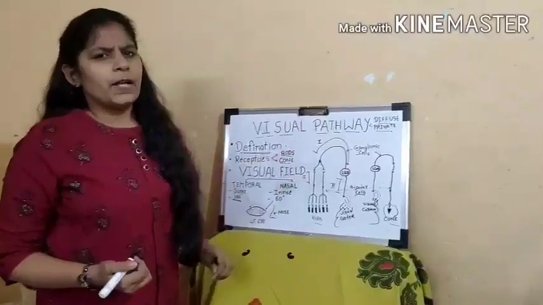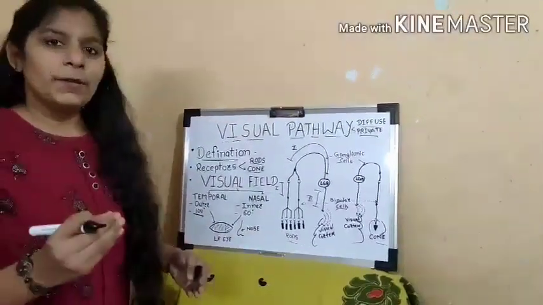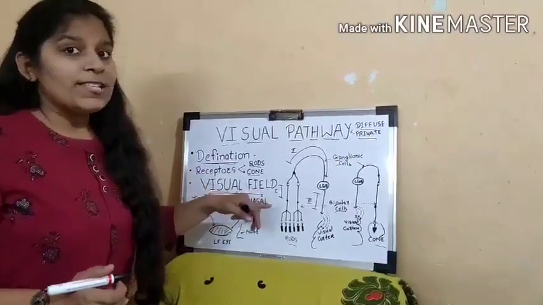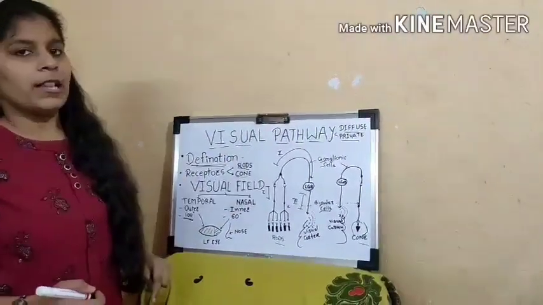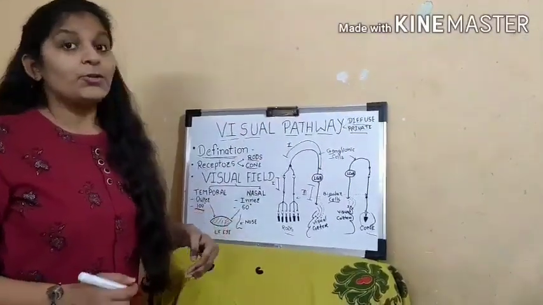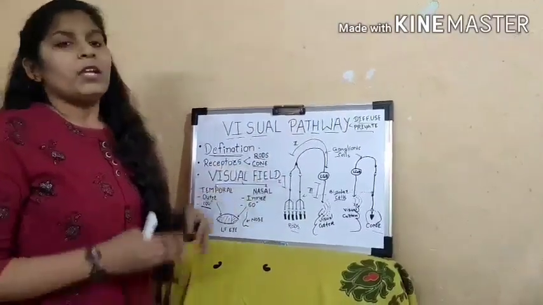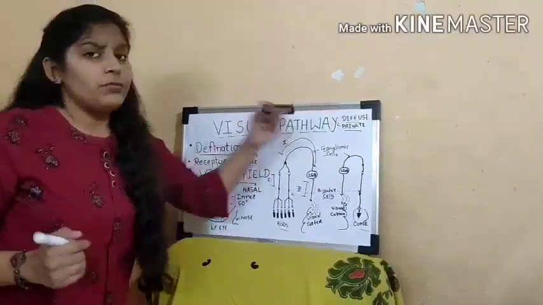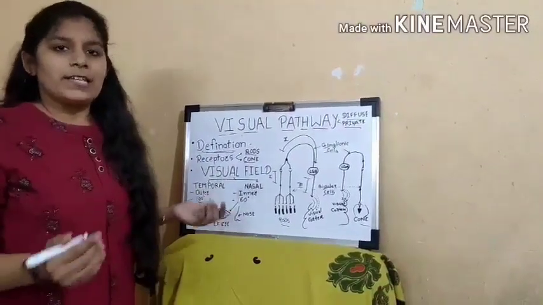In the case of the diffuse pathway, a number of cone or rod cells are connected to polysynaptic bipolar cells, and the polysynaptic bipolar cell in turn is connected with the diffuse ganglionic cell, and then by the optic nerve the impulses are transmitted towards the lateral geniculate body. In the diffuse pathway, there is no privacy, so it is called the diffuse pathway. The diffuse pathway is present outside the fovea centralis.